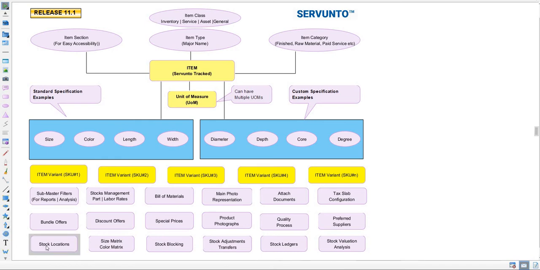Then we have stocks located at multiple locations, size matrix, color matrix, etc.